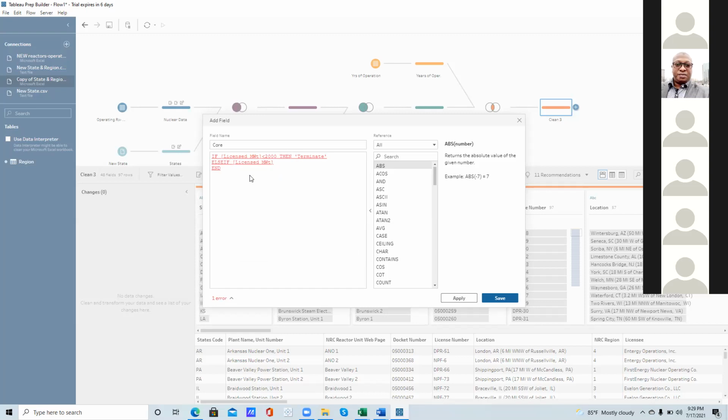The greater than or equal to has to be together, no space between them.